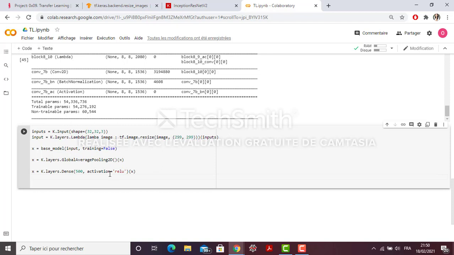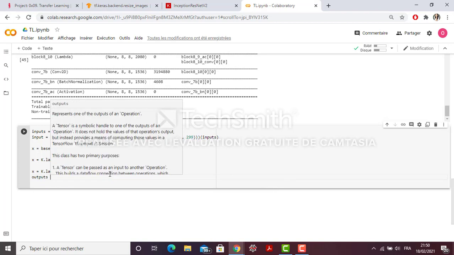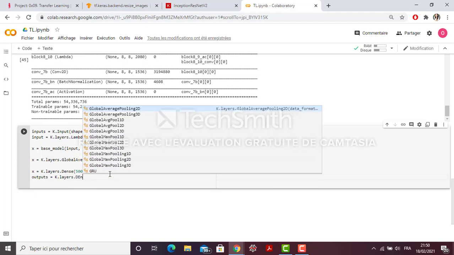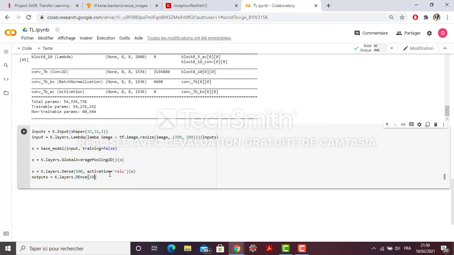And then I will have my output layer, which is the last layer that will be doing the prediction. It should have the number of classes as units, and the activation should be softmax because you have a multi-classification problem.